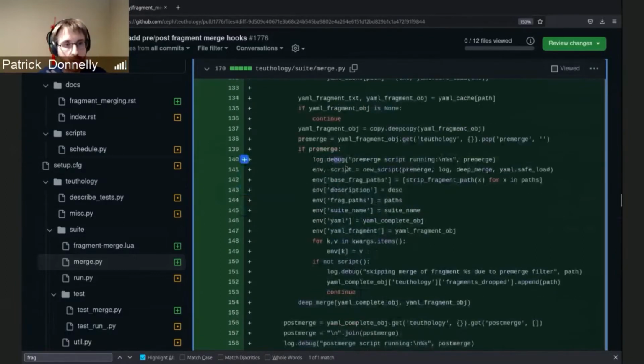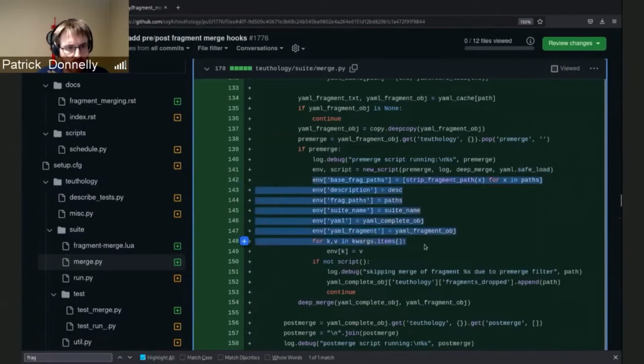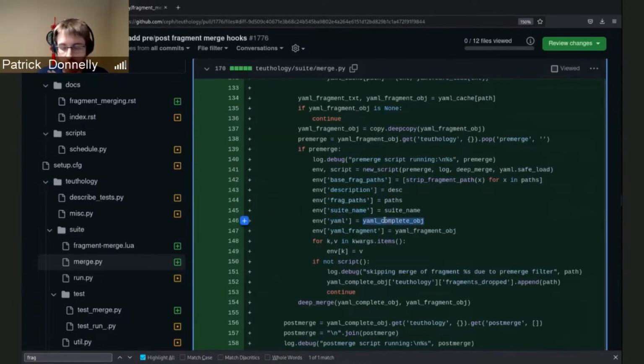If it exists, then we're going to create a Lua script for it by passing that pre-merge script, and then some helper methods that need to be added to the script, namely the log framework, a deep merge method, and the safe load YAML method, which is at this time not used, and then some environment variables for the script to be able to access, like the suite name,